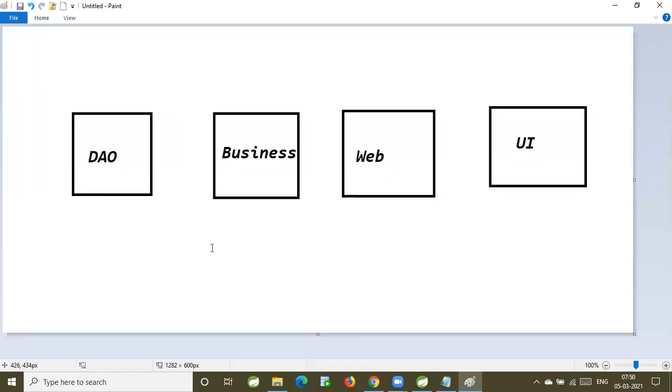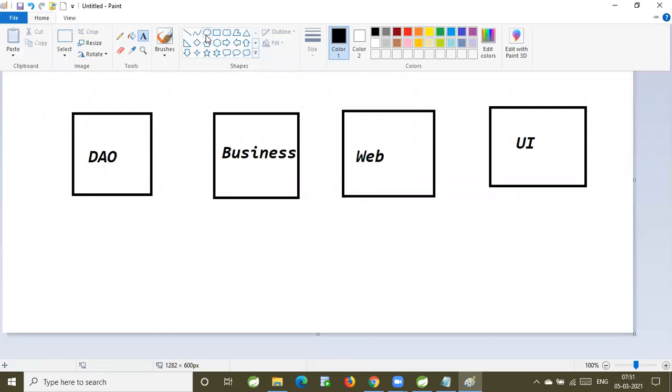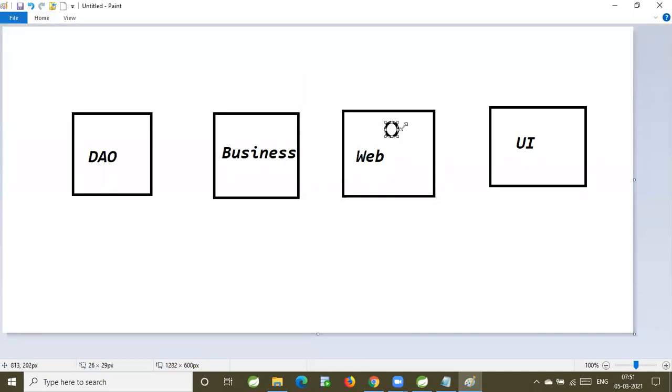In these layers, several classes will be available. In the web layer, several controllers will be available, not one controller. In our application, multiple controllers and multiple web components will be available. Similarly, in the business layer also, several components will be available.